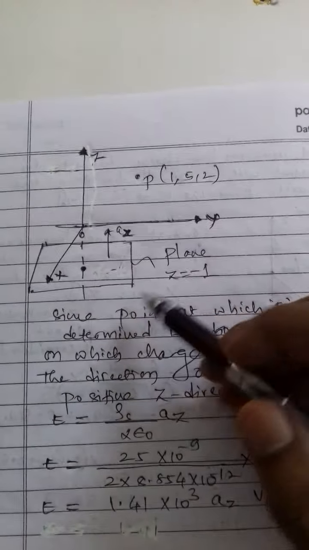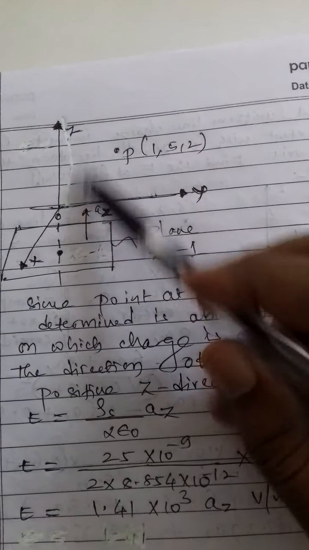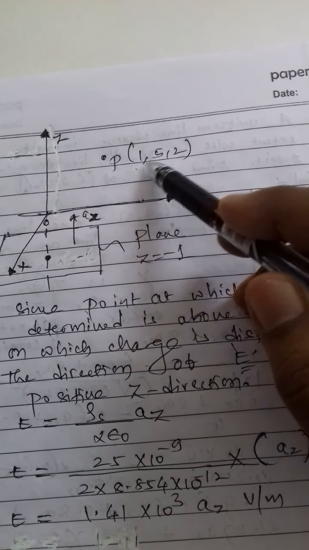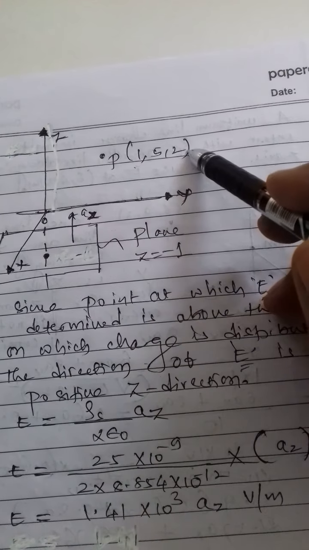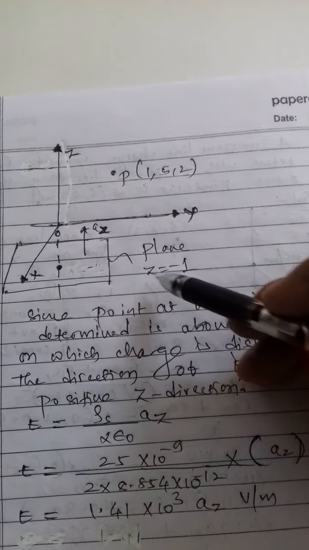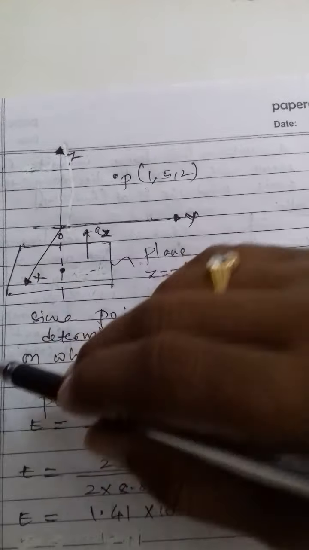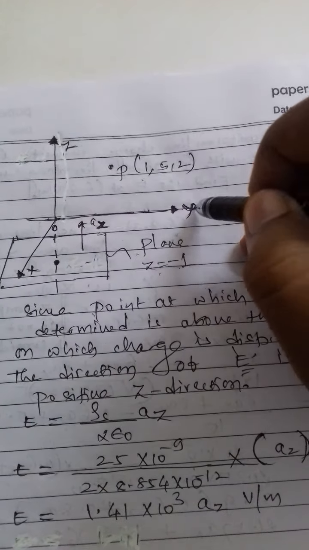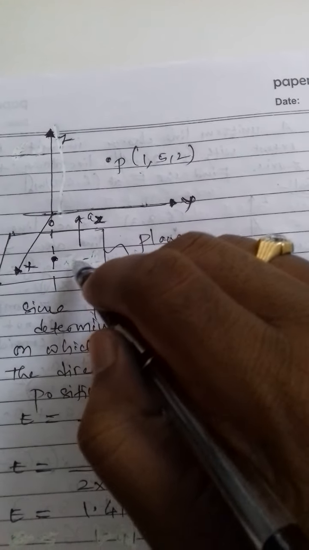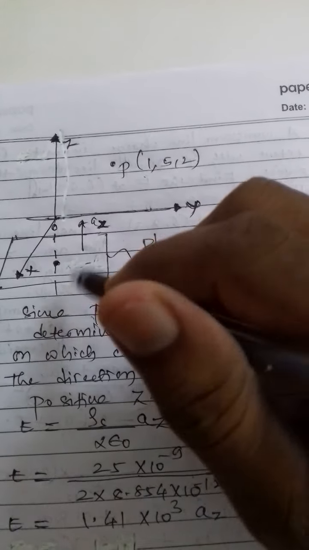Here this is the x direction, here it is the y direction, and here it is the z direction. Since the coordinate values of point P are 1, 5, 2, that is point P. Here it is the z = -1 plane. Here it is the positive x direction, the positive y direction, and the positive z direction. This is z = -1. It is a plane. On that plane surface